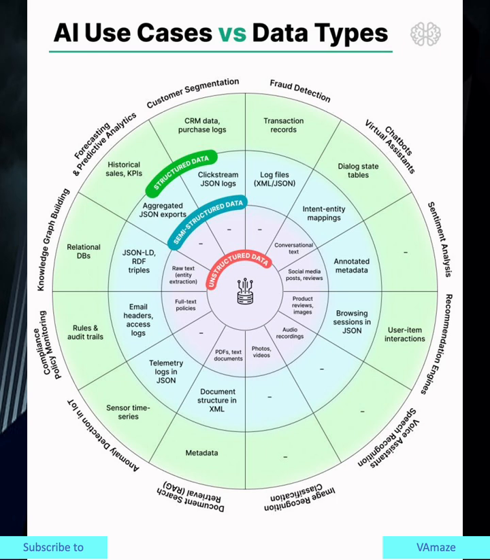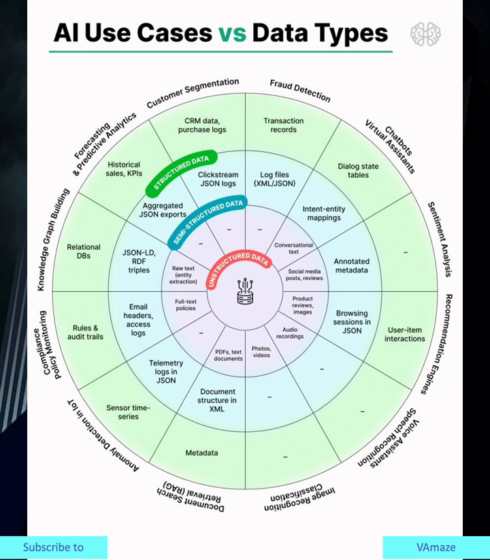Building complexity, semi-structured integration. The next evolution involves incorporating semi-structured data sources: adding web analytics to customer segmentation models, incorporating supplier data into demand forecasting, or enhancing fraud detection with device fingerprinting data. Advanced applications, unstructured mastery. The most sophisticated applications combine all data types. Advanced recommendation systems that incorporate product images, customer reviews, browsing behavior, and social media sentiment represent the cutting edge of